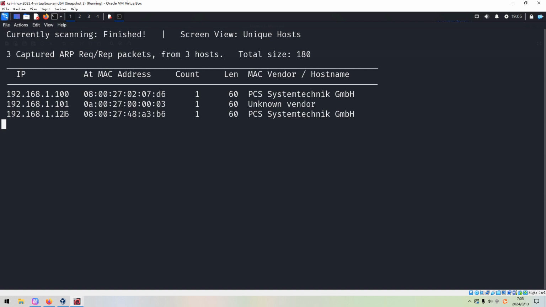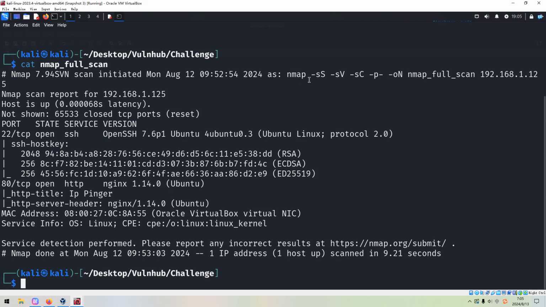So what do we have to do next? We need to do the port and service scanning with Nmap. To save time, I've already completed it before, so for now we just get out its result. As you can see over here, I used the options like SYN scan, the version scan, the default script scan, followed by -p- to do the full range port scan. The last option is -oN to output the result into this file. Although, as you can notice here, the IP address has been changed from the first time when I did the machine.